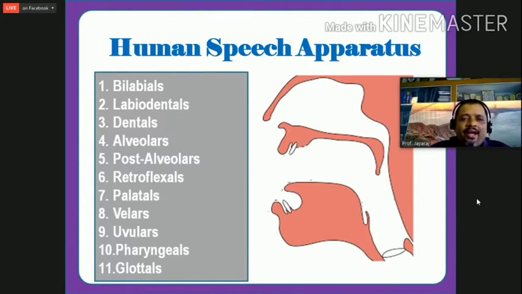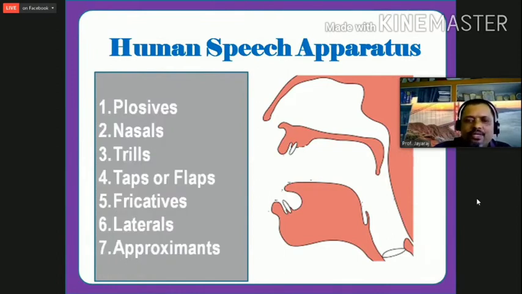So British speakers use only 8 places of articulation, but we use 9. We are in a more advantageous position when it comes to speaking and listening. And Arabs are in an even more advantageous condition. However, how they use and perceive are totally different. For example, we will come to those 11 places of articulation. Let us come to